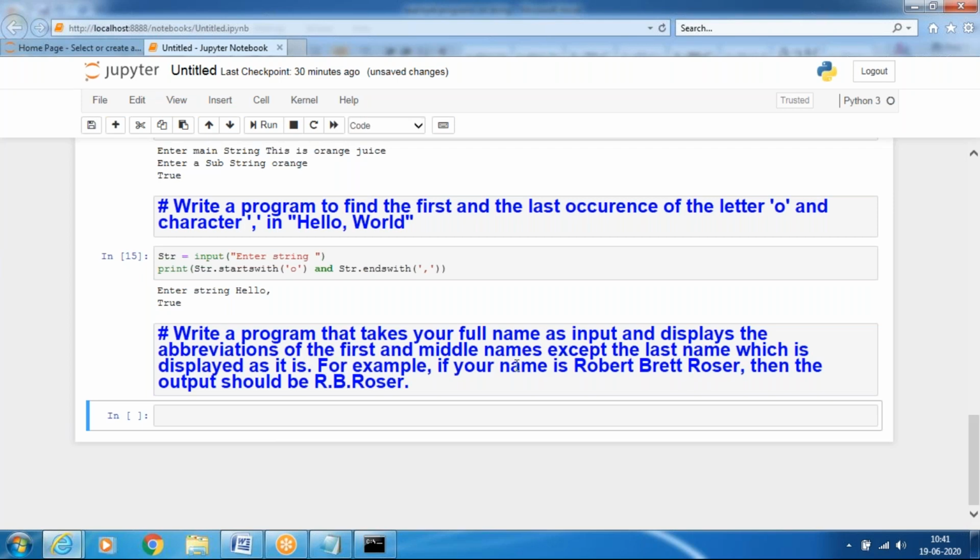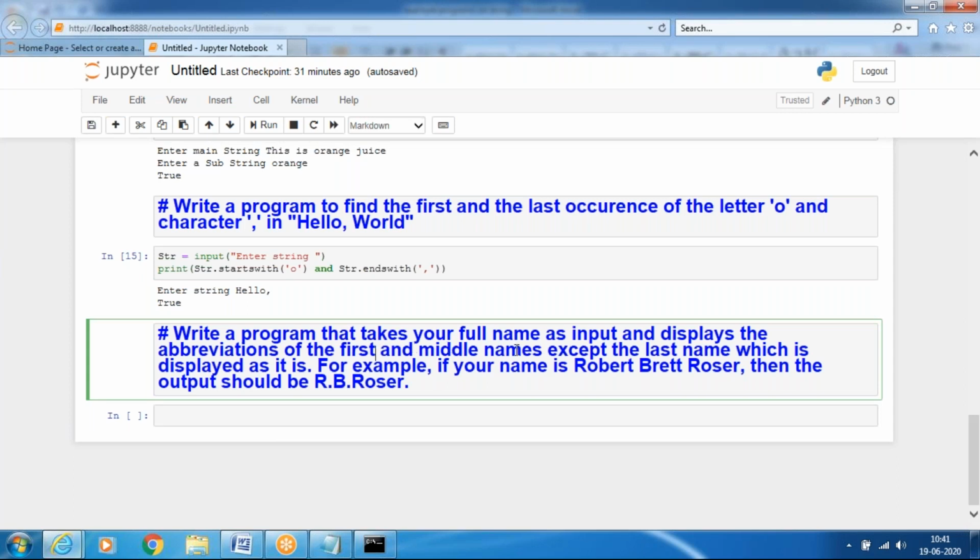For example, if your name is Robert B Rosser, then the output should be RB Rosser. So here we will use three names, the full name. We'll read the string as a full name, and we must maintain the string length as 3: first name, middle name and last name.